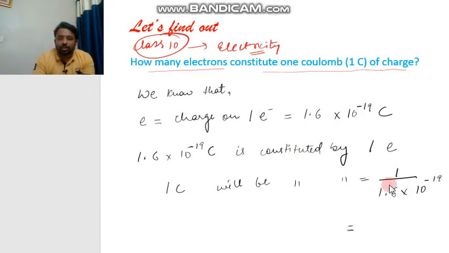So it is 1 upon 1.6 into 10 raised to power minus 19. So we can write it